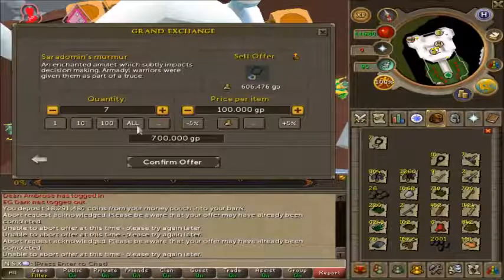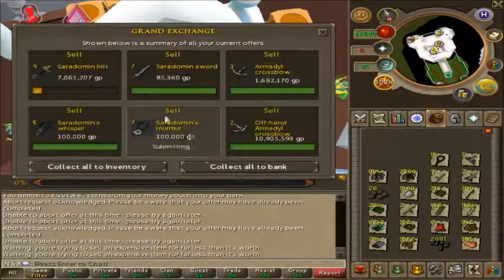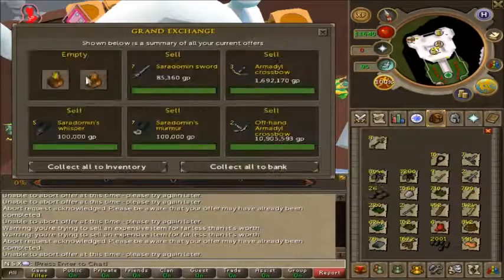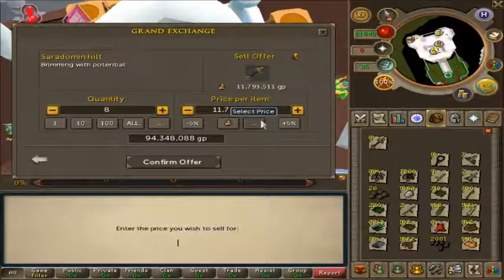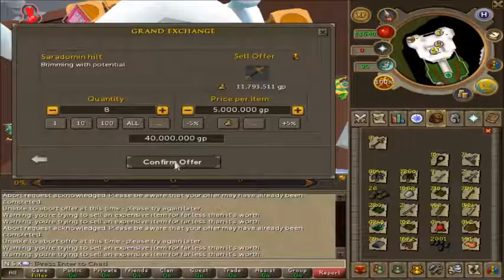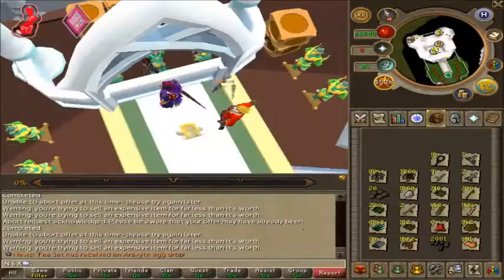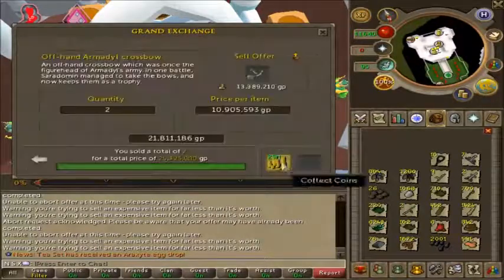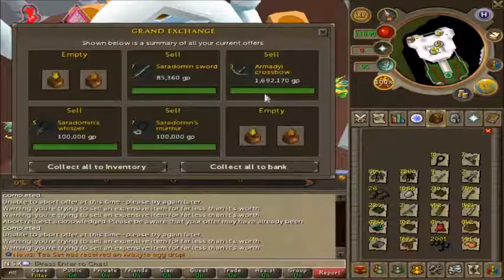The hilts are worth about 11 mil a piece. I believe they sold for less though. In the video you'll see them being sold. Obviously I had to spam them down a little bit to try to get them to sell. The main hand crossbow is right on par at about 2 mil, but the offhand, I believe they sold for over 10 mil a piece, which was quite a nice surprise as Jagex has brought that up within the past couple of weeks, and I managed to pick up 2 of them, which greatly increased my stack of GP from